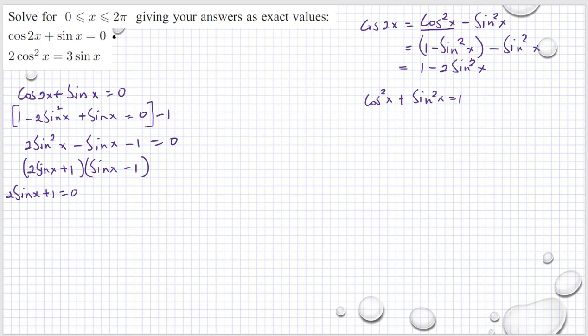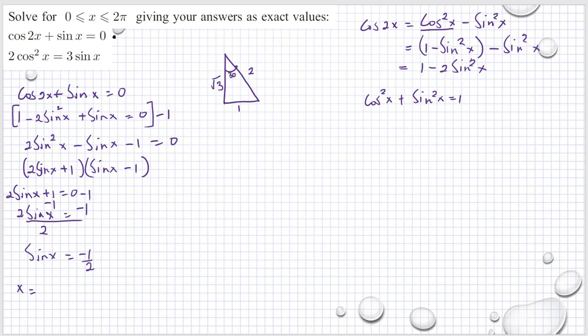Then we have 2 sine x is equal to -1, if we subtract both sides of the equation by 1. And then it's time to divide both sides of the equation by 2. Then we have sine x is equal to -1/2. And -1/2 is very similar: that is 30 degrees, or pi over 6, with 1/2 there. So we have our x now equal to,